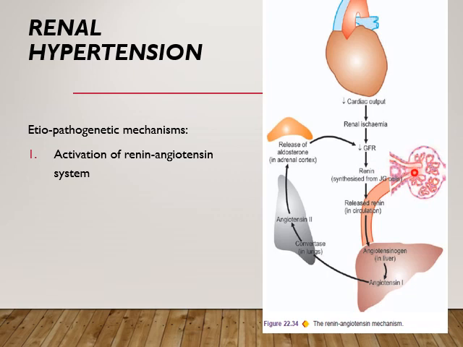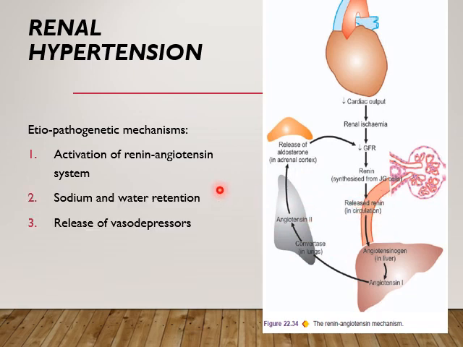within the glomerulus. This secreted renin is released into the circulation and transported to the liver, where it acts on angiotensinogen, which is converted to angiotensin 1, and then to angiotensin 2 by the enzyme located in the lung. That angiotensin 2 again activates the synthesis of aldosterone, which is located in the adrenal cortex. This aldosterone plays a very important role as it activates three mechanisms. One is the same vicious cycle of activation of the renin-angiotensin mechanism.